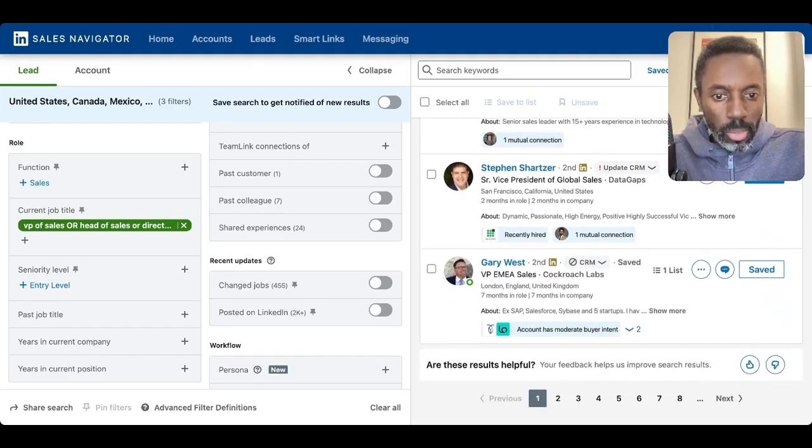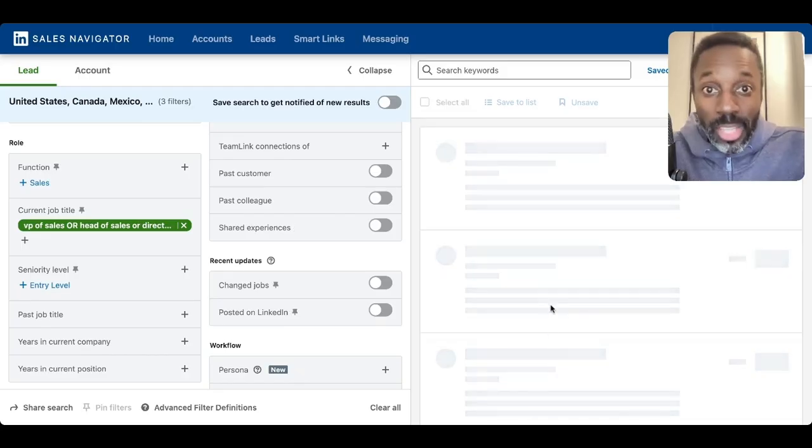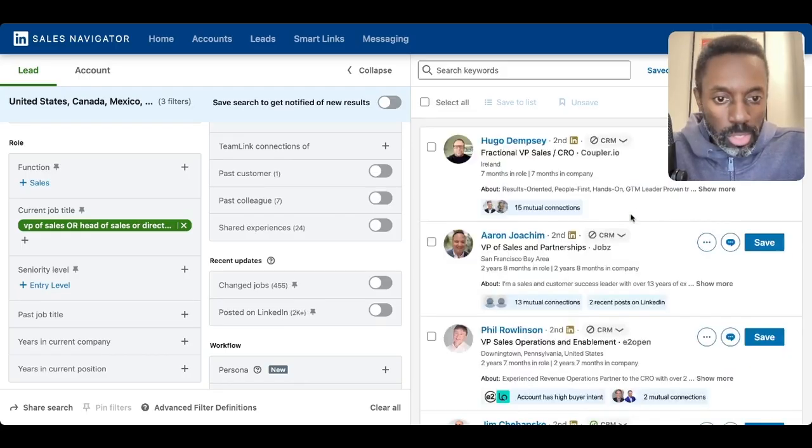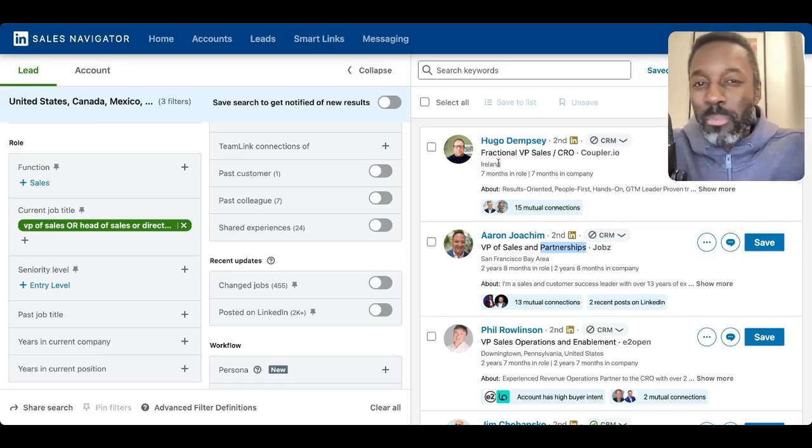Sometimes you want to target people who have multiple titles in their name, and you want to exclude certain titles. Let me see if I can find one here. Okay, partnerships, right? For example, you don't want to focus on that. You just want to focus on VP of sales, not fractional, because fractional means they're kind of part-time to some degree, right? So let's say I want to eliminate anybody who has fractional or partnerships in